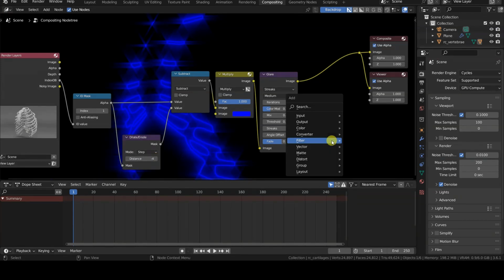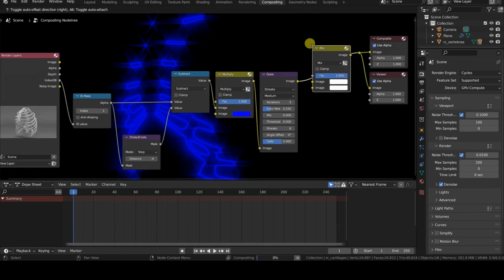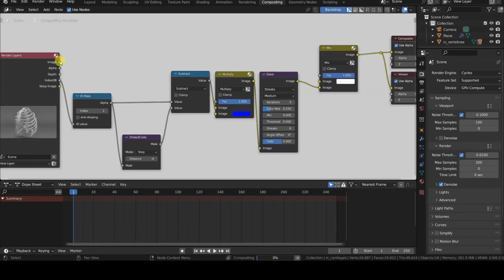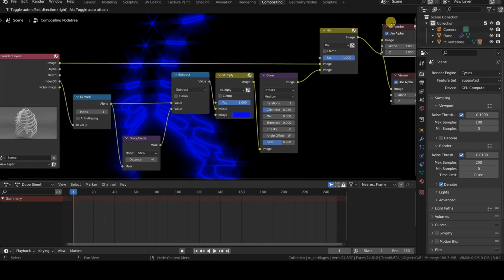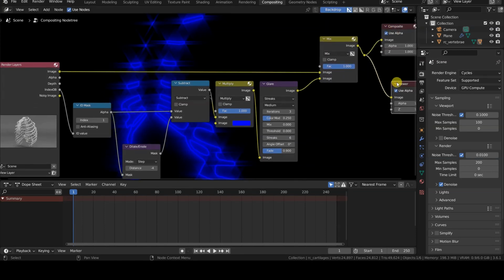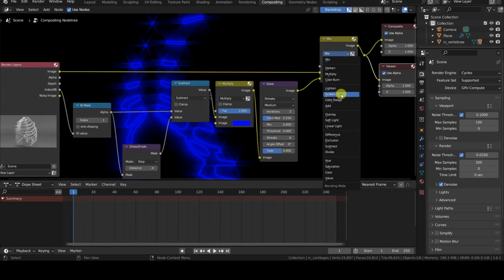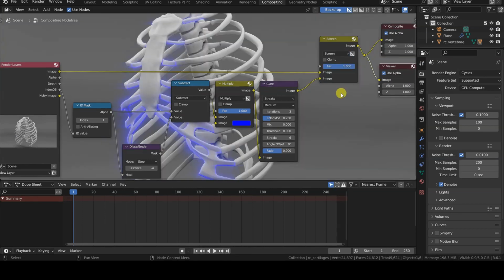All that remains is to overlay this result onto the original render. There are various ways to do this, but perhaps the simplest is to insert a color mix node set to screen mode, with a value of 1 for the factor field, before the reroute node. Be careful about the order of the connections on the screen node. The image coming from render layers should be connected to the first image input, while the one coming from the glare node or any other mask effect nodes should be connected to the second image input.